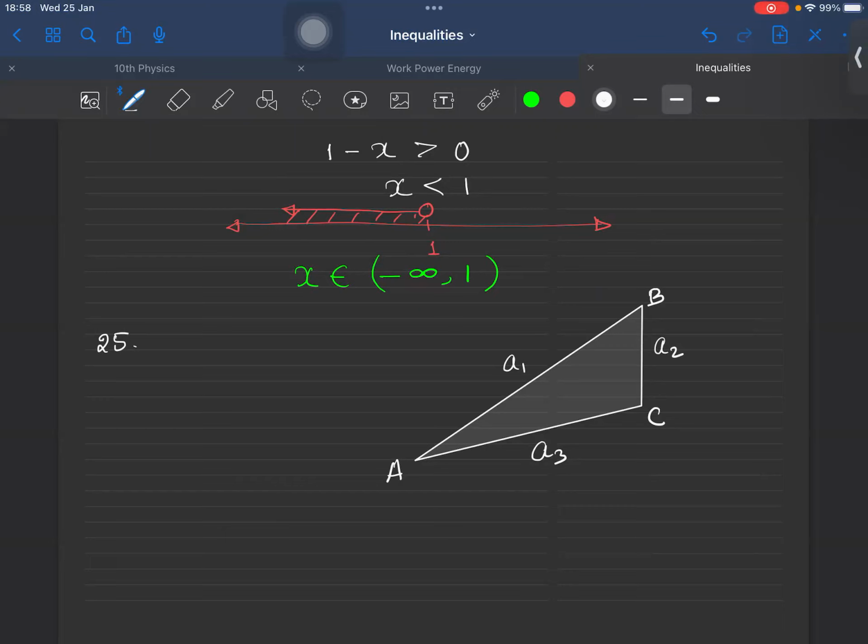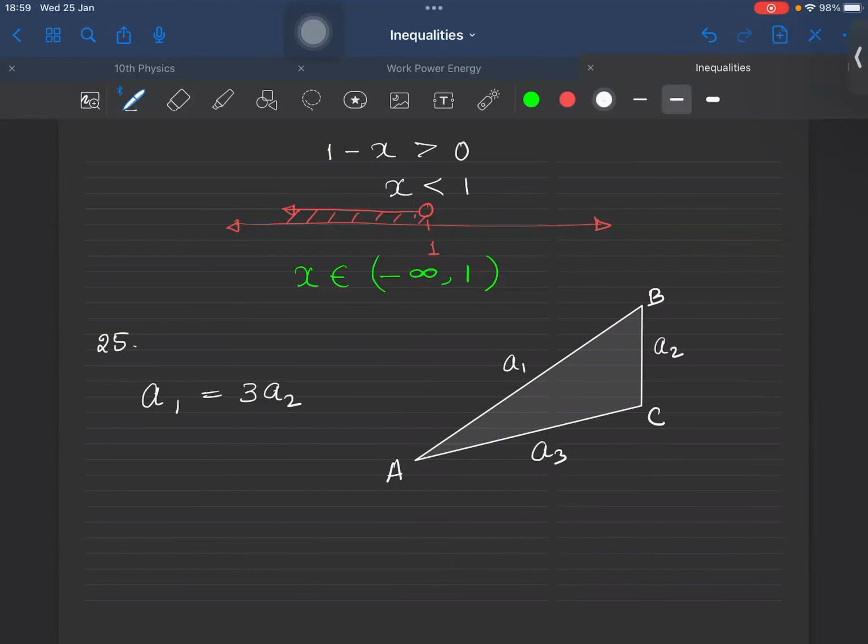So according to the problem, A1 is equal to 3 times A2, right? A1 is 3 times A2. Understood? And the third side